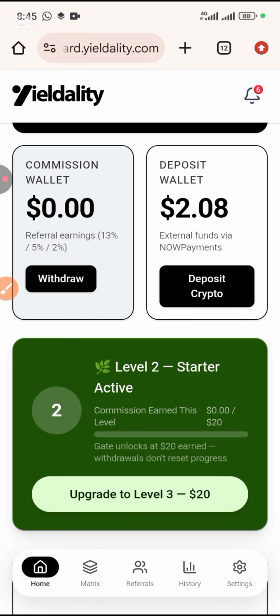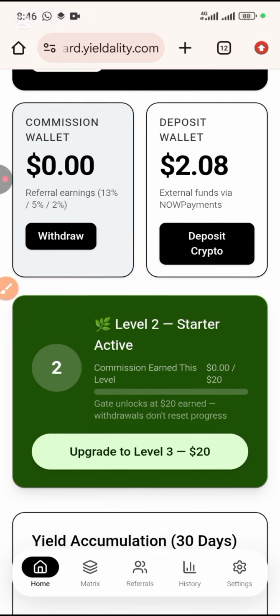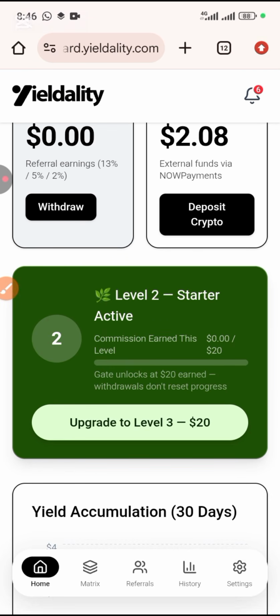I've been doing something like this since 2023, when I registered with $100. That $100 has accumulated for me more than $1,000 on that platform. I've withdrawn some and left some there to keep on accumulating. That's why I said this is not Ponzi, but do your own research. It's not financial advice.